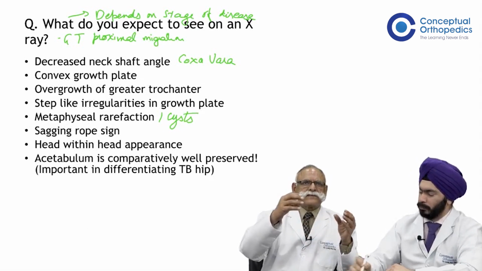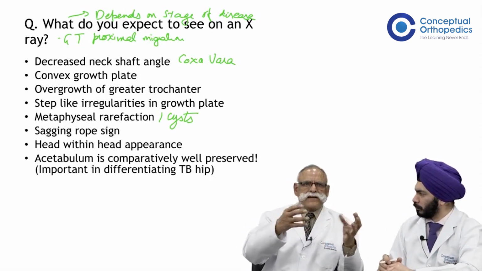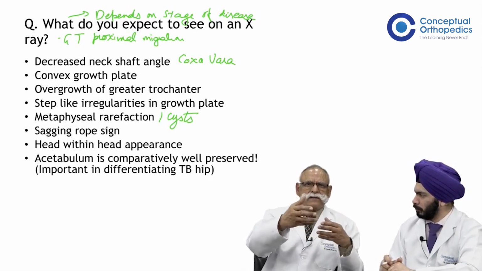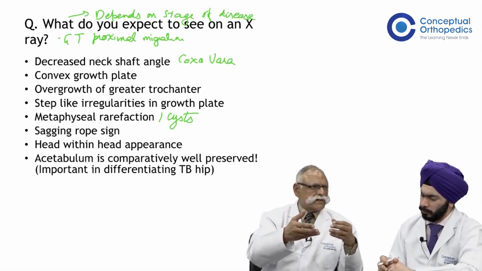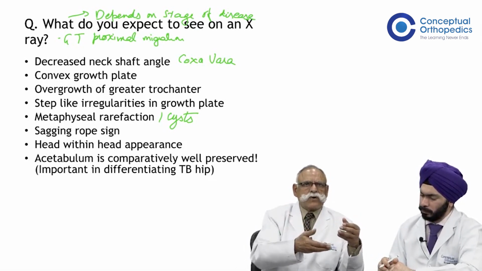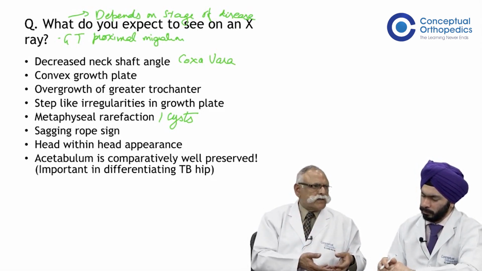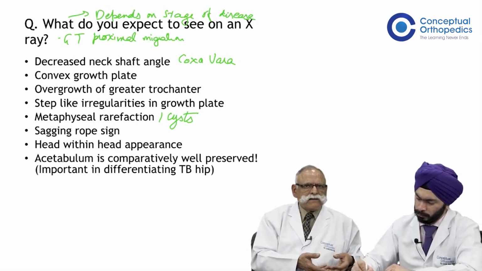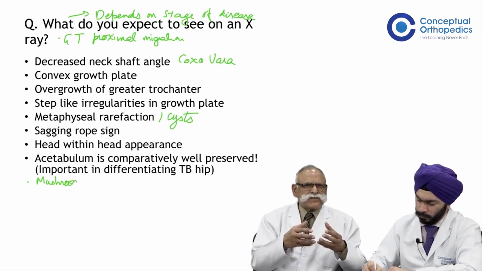And once it has fused, towards the end stage, when the epiphyseal plate gets fused, then in the older children, that is beyond 12-13 years of age, what you get is a so-called overhanging of the posterior part of the head of the femur, that is mushroomy, and the head becoming spheroidal,